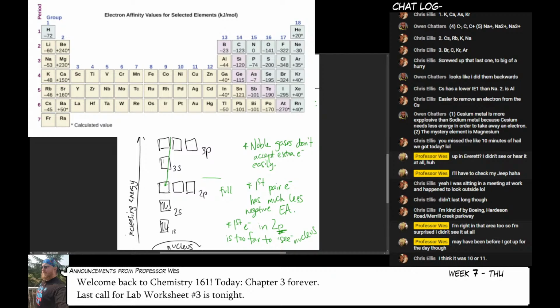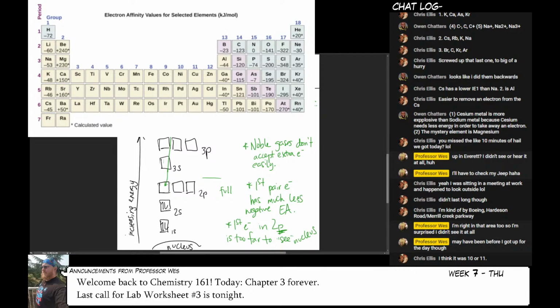Now there are some interesting exceptions. For example, fluorine and chlorine. Chlorine has the highest electron affinity, even higher than fluorine. And the reason for fluorine not being the highest happens to be that it's just so small. Fluorine is so small that adding another electron in there, fluorine really wants that electron, and it'll take it. It's happy to have it. But it's not as happy as chlorine because there is a little bit of electron-electron repulsion due to just how crammed in all those electrons are around